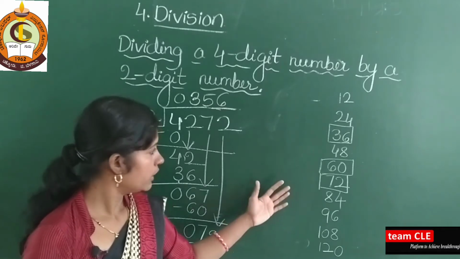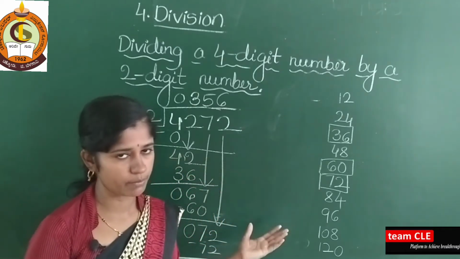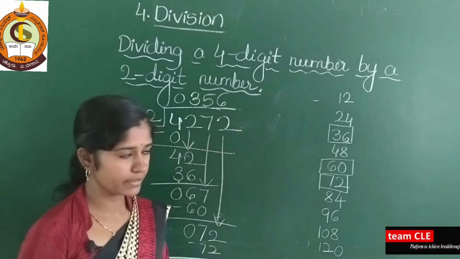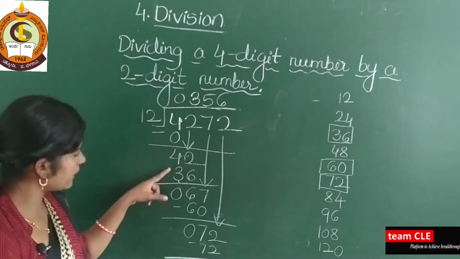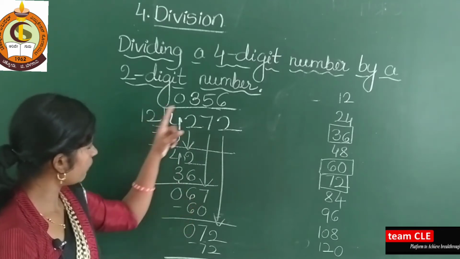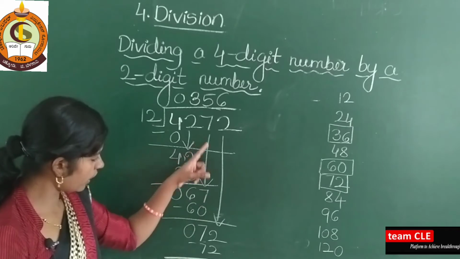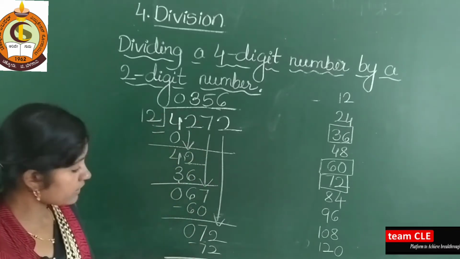Okay. So here you will get a correct answer also, and you will practice tables also. So while solving, you compulsorily write tables here. Okay. So 12 0s are 0, 12 3s are 36, 42 minus 36 is 6, and take 7 down. 12 5s are 60, 6 minus 6 is 0, 7 minus 7 is 0. Again you take this 2 down.